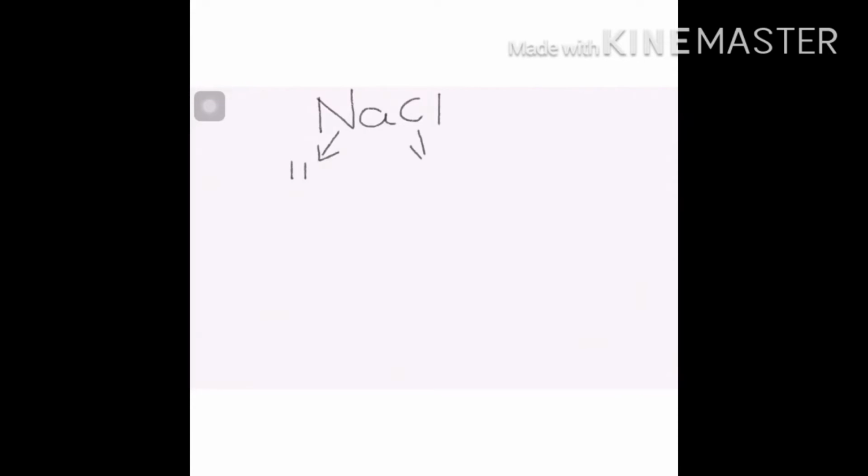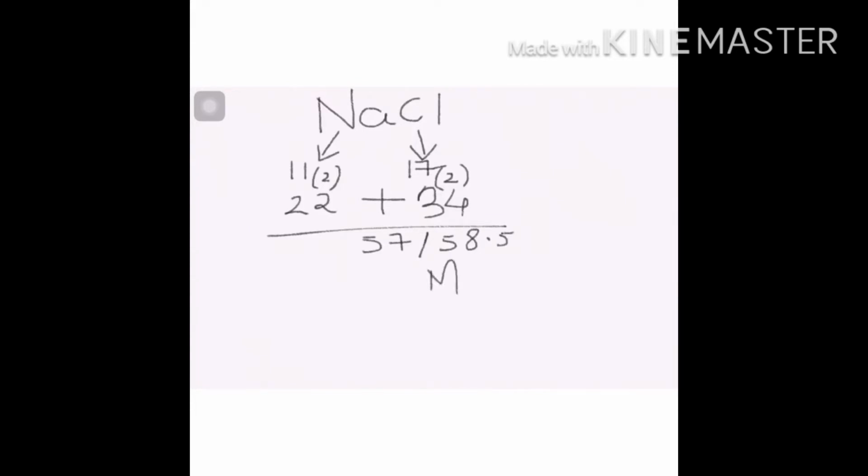I'm going to show you a small hack or trick to calculate the molecular mass. After writing the atomic number, we are going to multiply this atomic number by 2, or in other words just double it. So you see the 11 of Na means sodium, and you get 17 into 2, or double of 17, which is 34. So this is nothing but the atomic masses of sodium and chlorine, and when you add this up you get 57 or 58.5 around, which is the molecular mass of sodium chloride, which is common salt, which is your value for C.